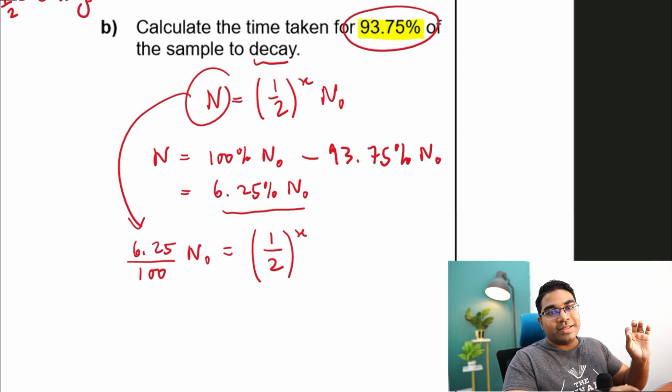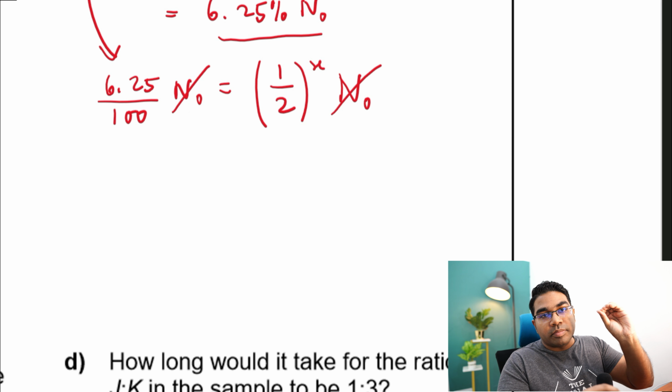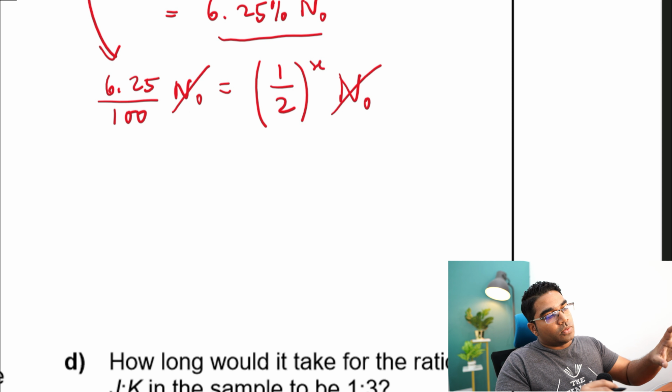We are going to find the number of half-lives that have occurred, multiplied by the initial number of radioactive nuclei, that is N naught. So from here you will see that immediately we can eliminate N naught. Here we need to find the value of the power, and therefore you would need to use log. But before using log, you can first try this trick.